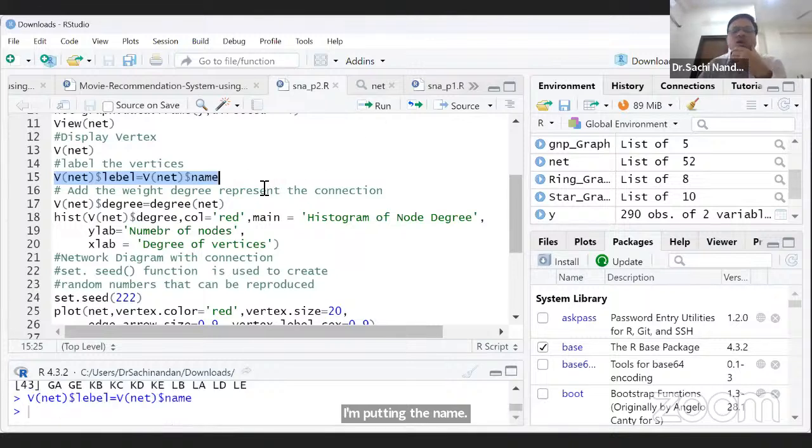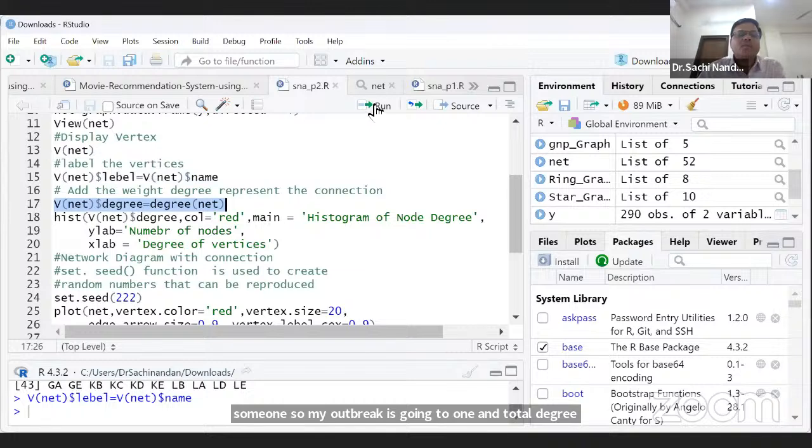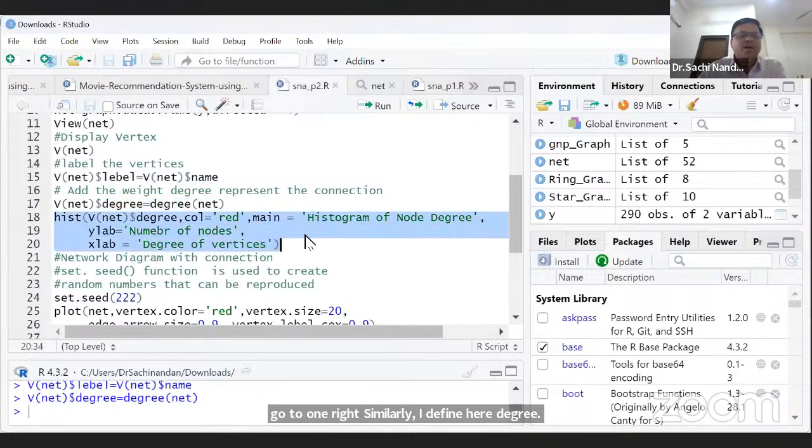As a degree, I already told you, in degree and out degree. Suppose I send a request to someone, so my out degree is equal to 1 and total degree is equal to 1, right? Similarly, I define the degree here. Then the moment I identify all this,